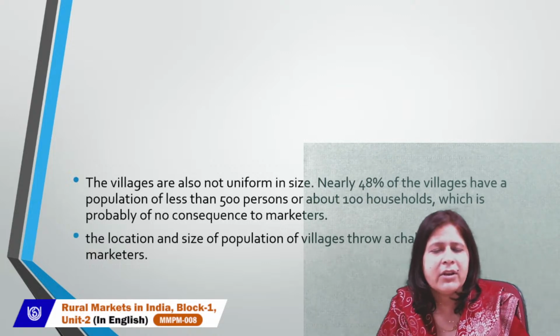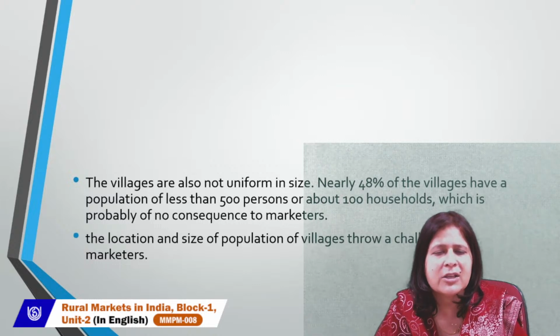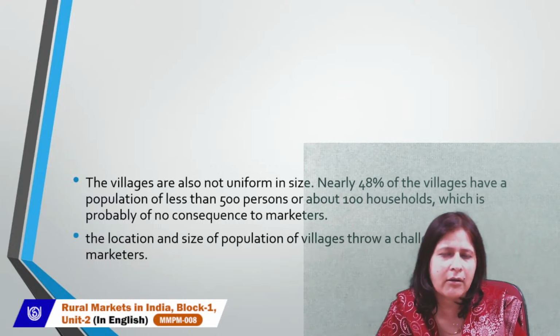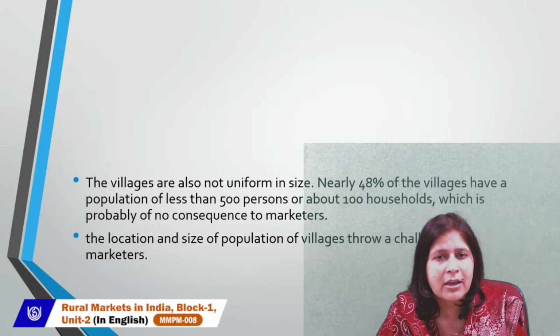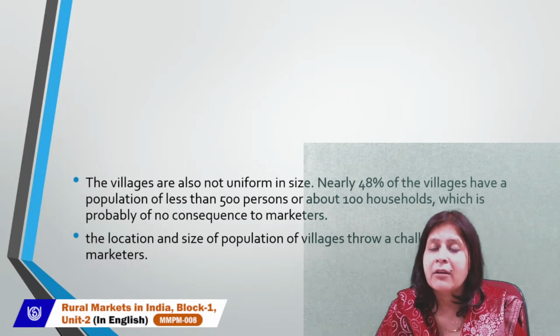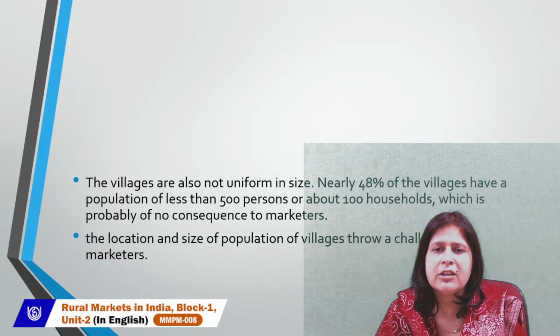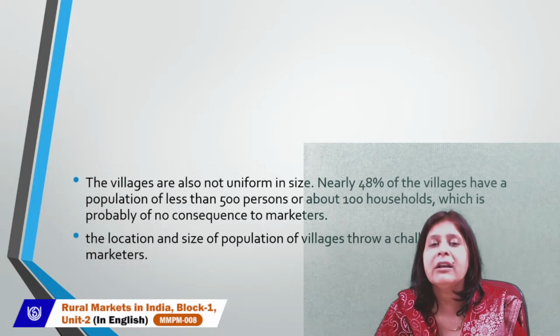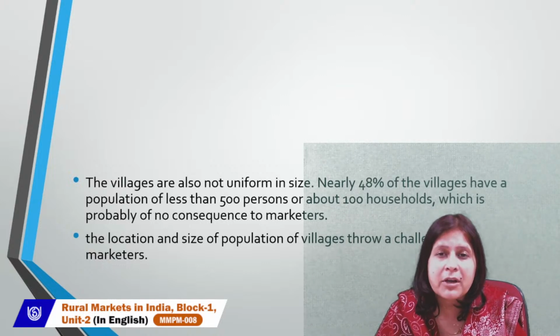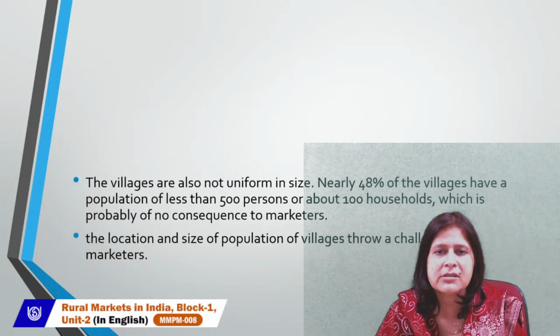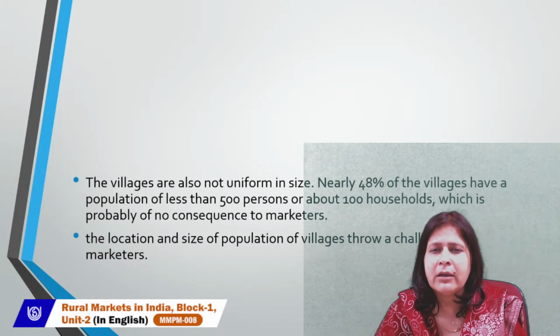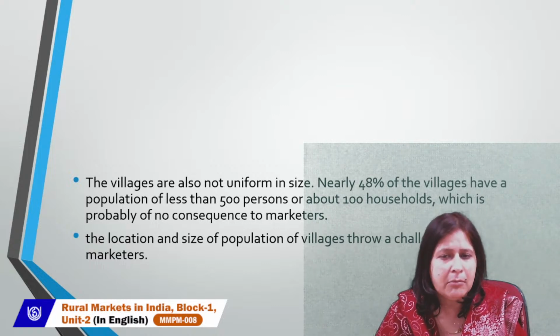There are many villages and a large geographical area is covered by the rural area. There is a vast area that we consider rural, but again there is another problem: these villages are not uniform in size. Around 40%, not a few, a big number, 48% of villages have a population of less than 500 persons or about 100 households, and that doesn't attract the marketers,